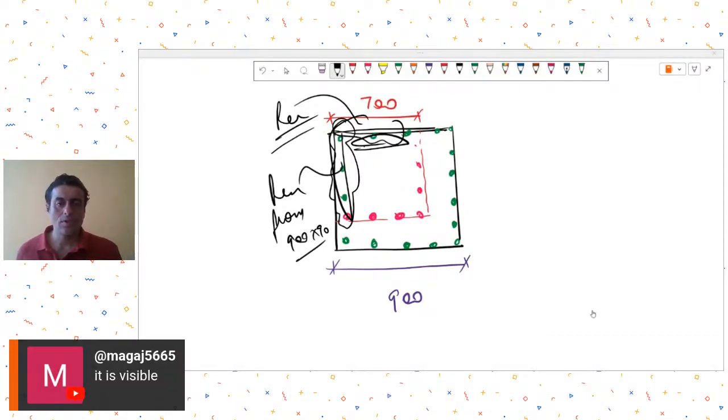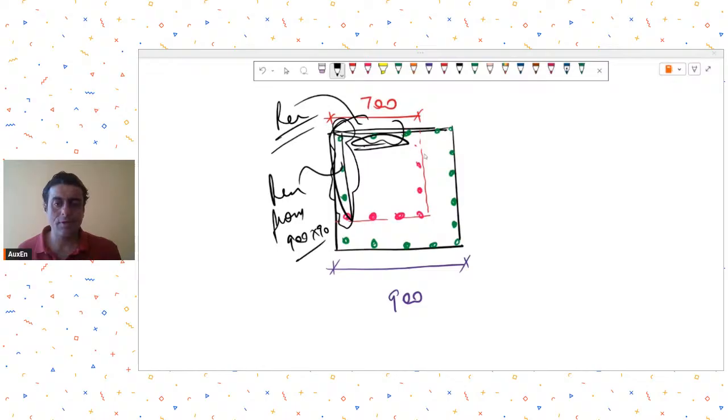Okay. So on these two faces, the reinforcement from 900 by 900 can be continued inside the 700 by 700. Okay, so that is clear. Now, what happens on, let's say, these two faces where there was a reduction happening? On these two faces, the general logic that you have to apply is, now I show you a